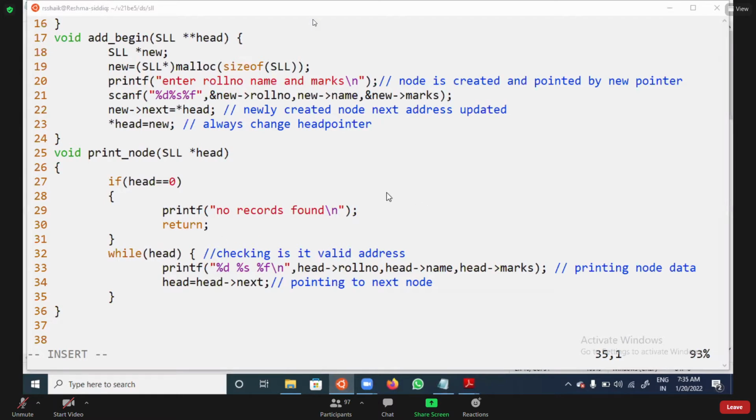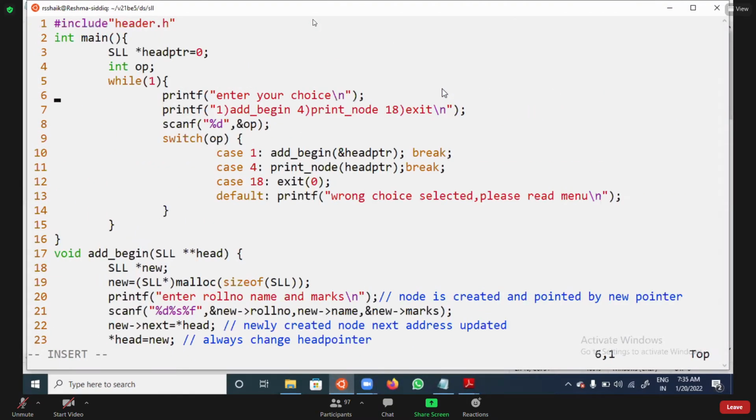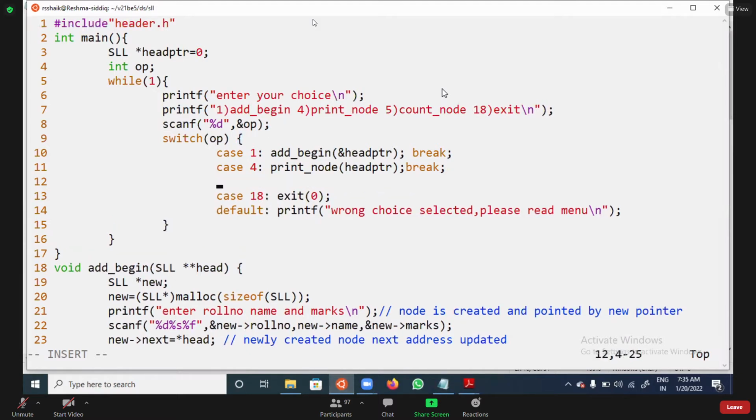Now, try to analyze in this. I'm going to create one more option. Enter your choice. The option is, you can see, I'm going to take option number 5. That is a count node. Suppose if I want to find a count. So now case 5, I'm going to add, you can observe. Here, the count function is returning number of nodes. How many is there? So count